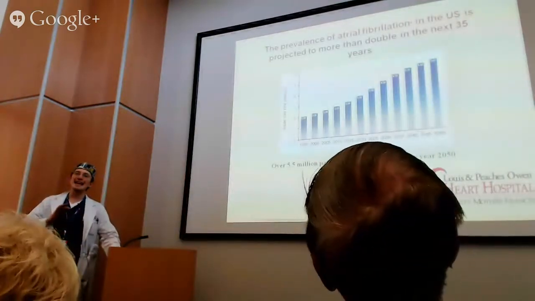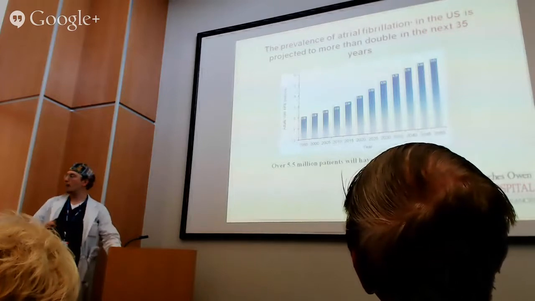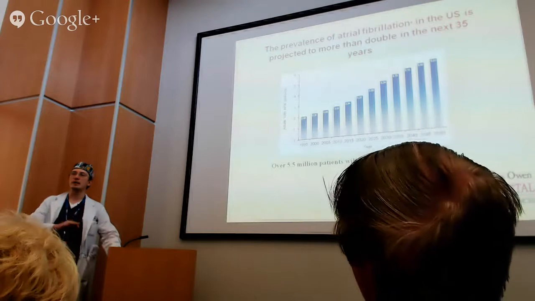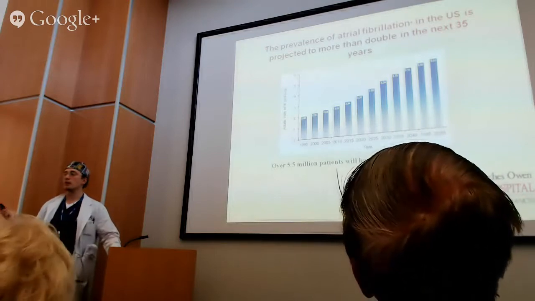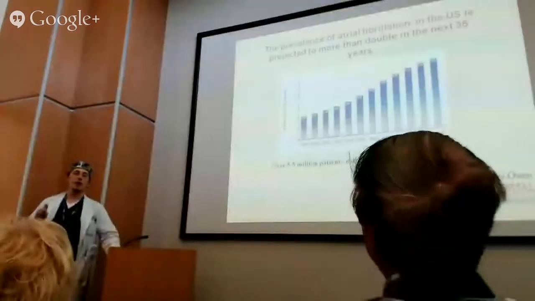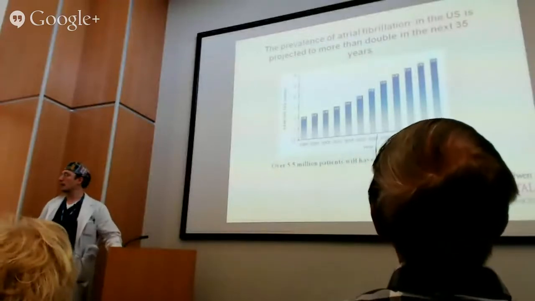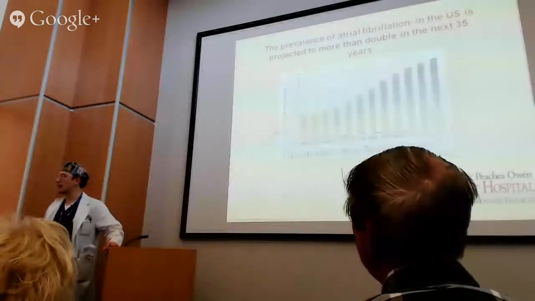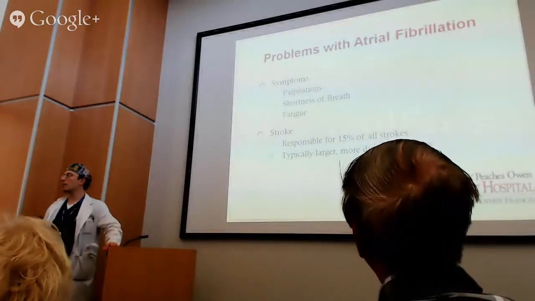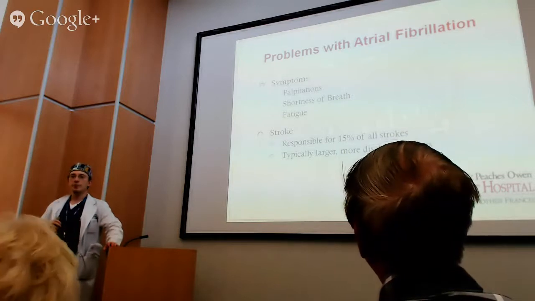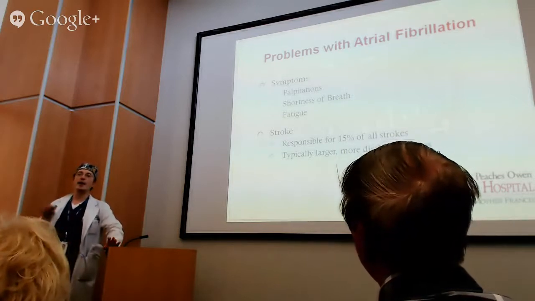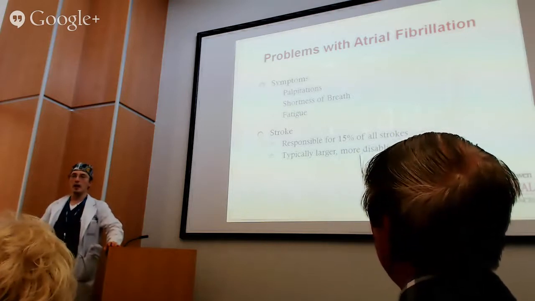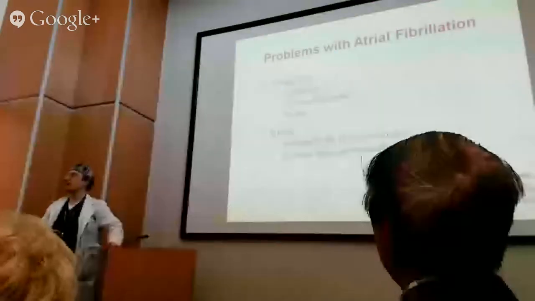Moreover, if you look at the incidence of atrial fibrillation, how common it is, if you look at a number of demographic studies, it's not only common, but the incidence is increasing. It's increasing rapidly. There are millions of people in this country that are affected by this condition. We really need to have a handle on how to treat this and how to handle it. There are two categories of problems that you get from atrial fibrillation. One problem is the symptoms. When your heart runs irregularly, people may have significant symptoms.